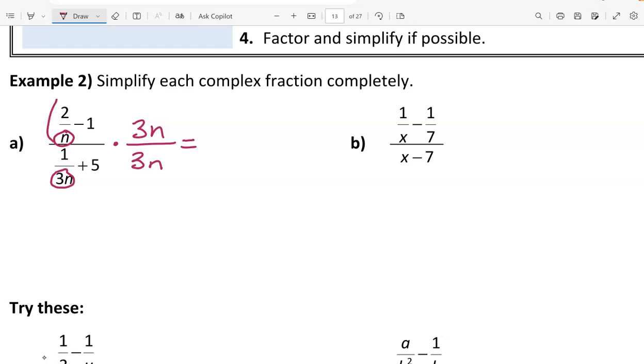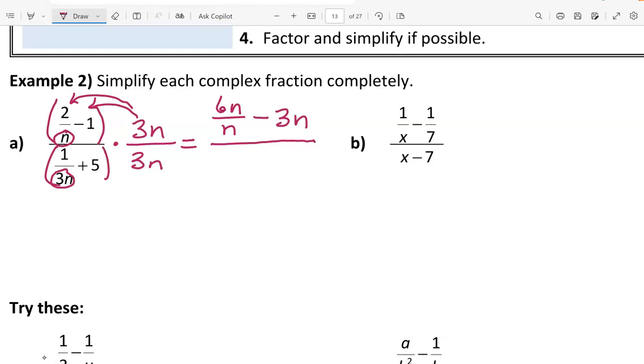When we multiply to each term, this is like multiplying a fraction to a whole number. The whole number multiplies into the numerator. So 2 times 3n is 6n over n. And then distributing to the 1, 1 times 3n is 3n. Downstairs,